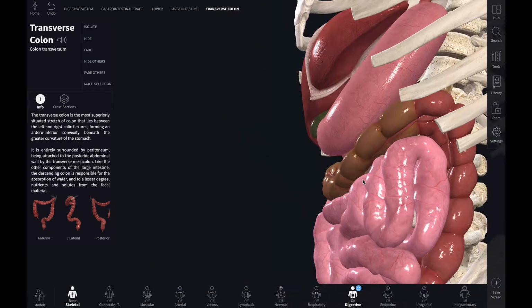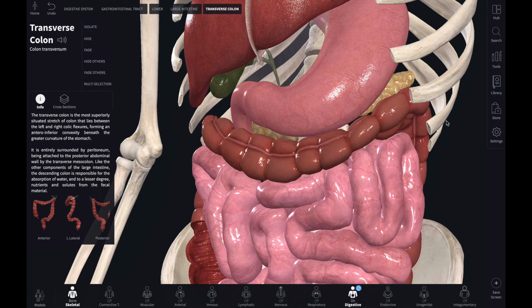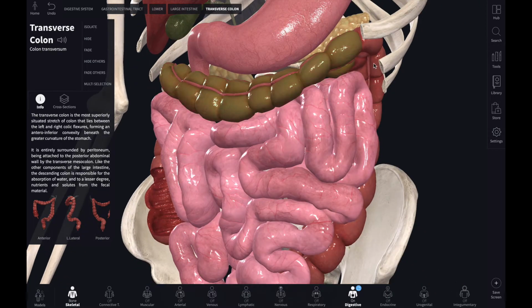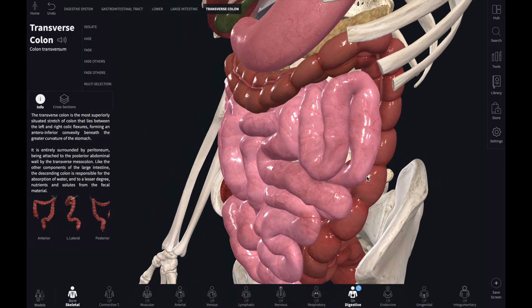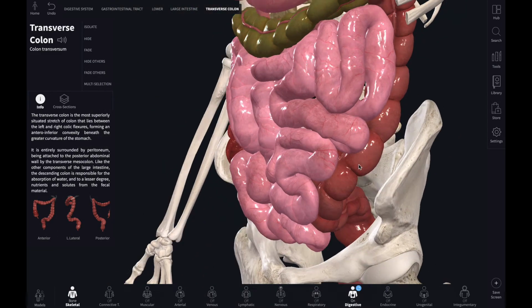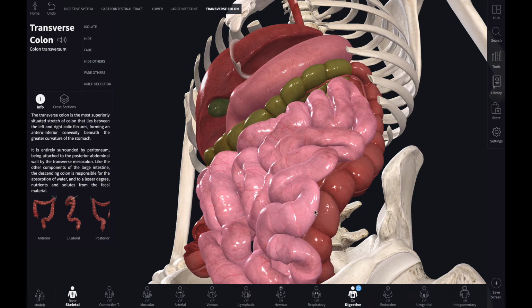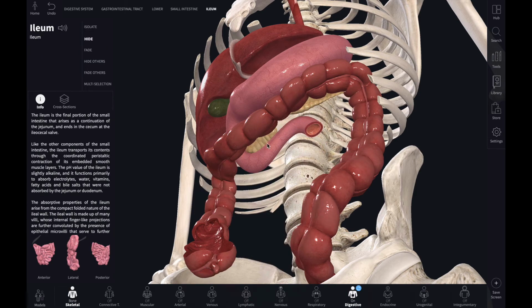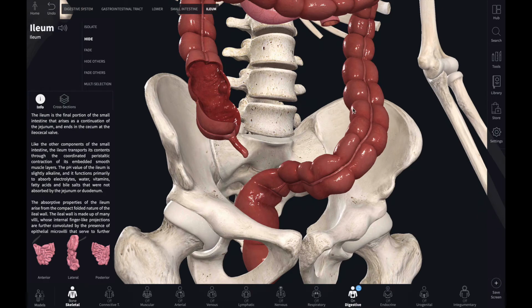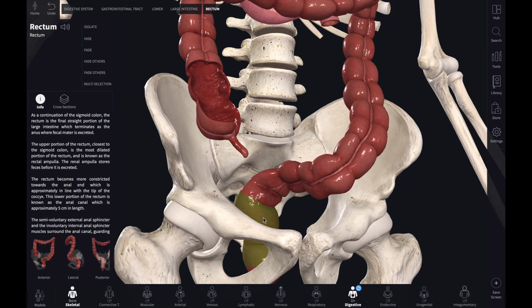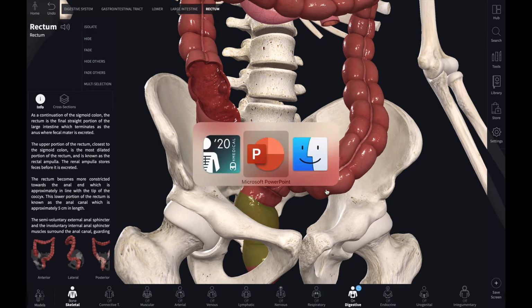On the left side, the transverse colon comes and bends. We call it the splenic flexure because the spleen is located here. It then descends all the way down. That's why it's called the descending colon, and then it takes the shape of a sigma. Okay, I will hide this ileum. That's why it's called the sigmoid colon, and it ends in the rectum, which is a muscular pouch, a strong muscular organ. We will discuss that.